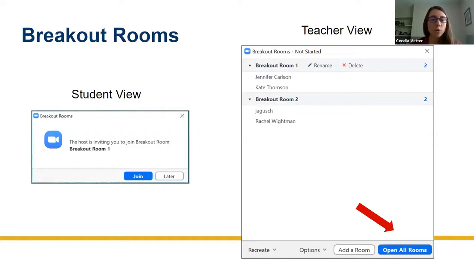The other thing is, if you hover over someone's name in these breakout rooms, you can switch them into different rooms, or remove them if you accidentally put someone in the wrong room. So it's pretty easy in the moment to move people around as needed. Like I said, I did this all live while the meeting was happening, and it was pretty straightforward to get people in the rooms and move them around. All right, next slide.